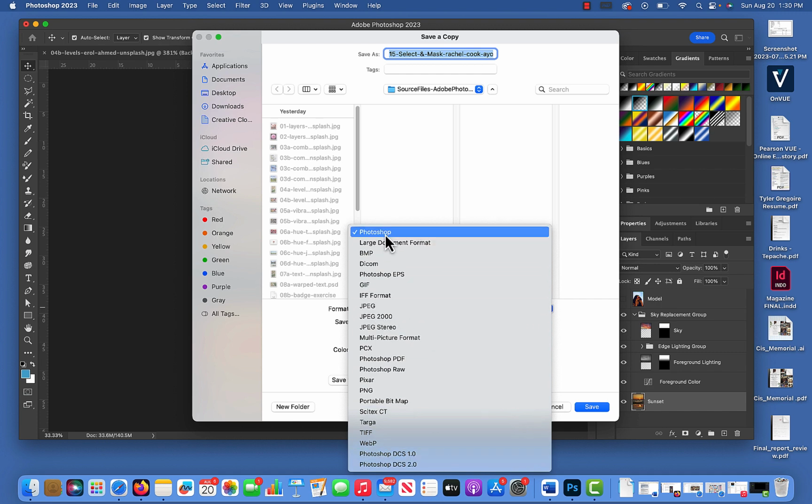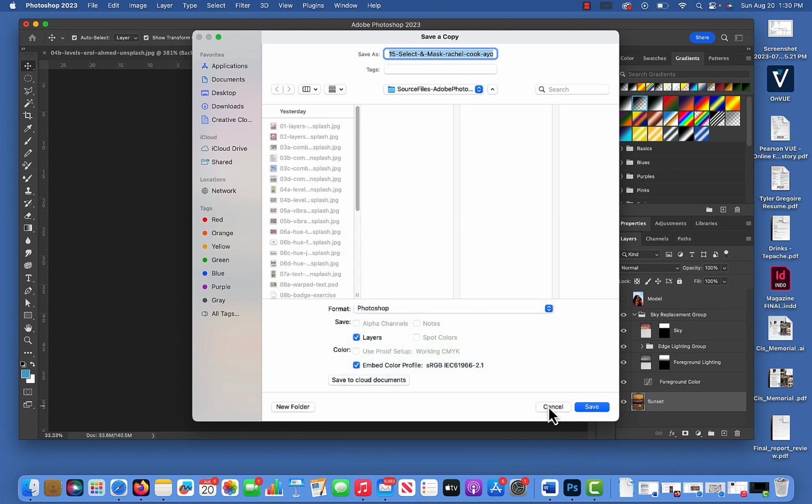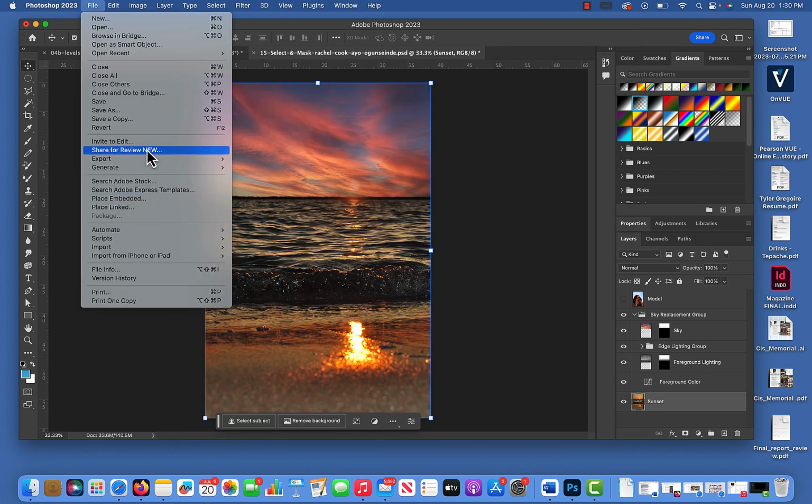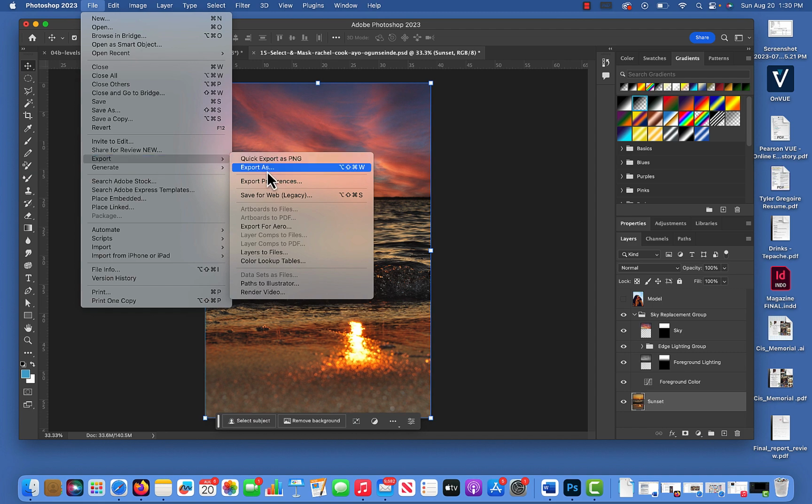You want to save as a native Photoshop document if you want to keep your layers. TIFF also keeps layers. You can save as a Photoshop document that way. And PDF, I'll show you how to do PDF. So PDF is under export, I think. So export as,